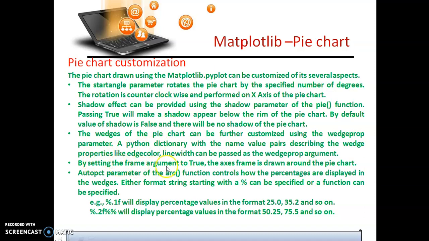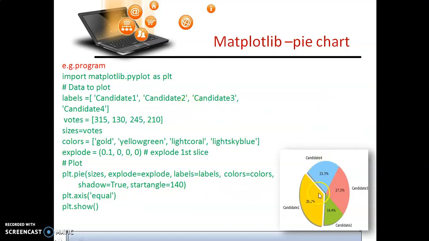Now by setting the frame argument to true, the axis frame is drawn around the pie chart, which means we will have that graphics or axis all over the diagram. The autopct parameter of the function controls how the percentages are displayed in the wedges. Let me go to the diagram again. If I have not used autopct, these percentages would not be there.